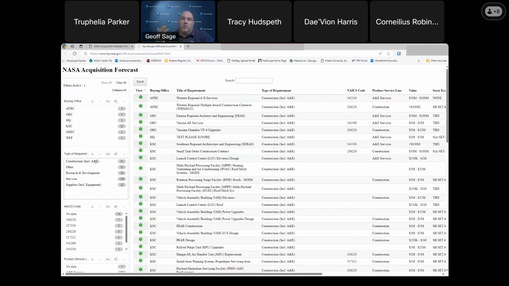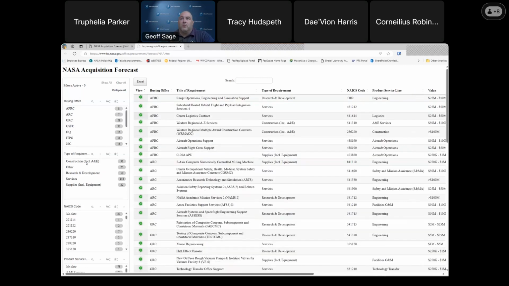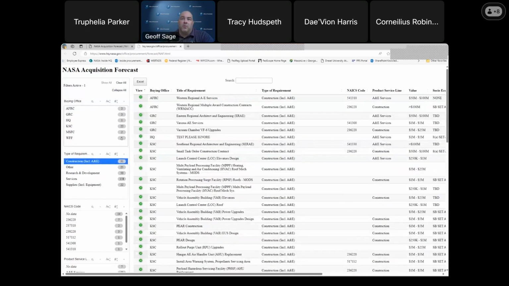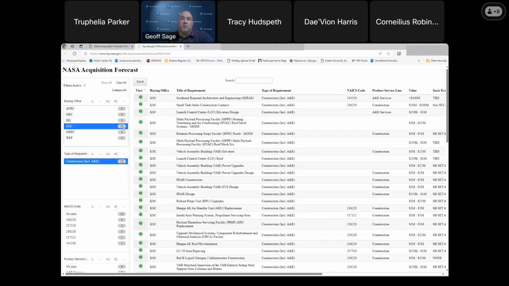If you want to go down further and say, hey, just show me construction at Kennedy, when you click construction, there's 31 opportunities. Within those 31 opportunities, these are the centers. All these other center filters reshuffle. So you saw the list go from 10, 12 centers down to these 6. So if you're looking at construction A&E, and I want to target the opportunities at Kennedy, there's 22 opportunities. You can click on this filter. It's going to further sort for you over here. So this is just a useful way, at least on the screen here, to do it pretty quick and dirty, to be able to target opportunities